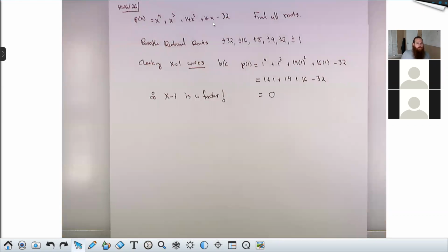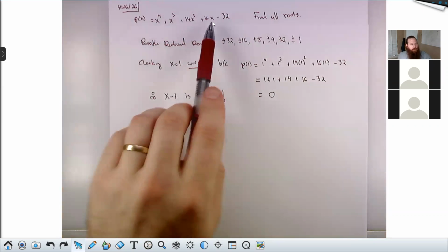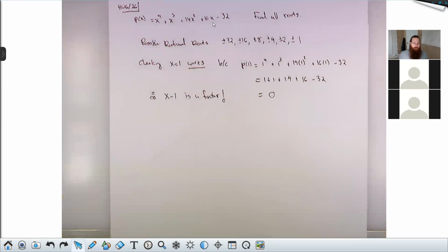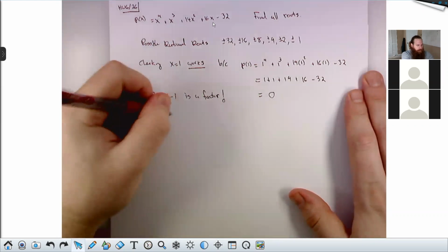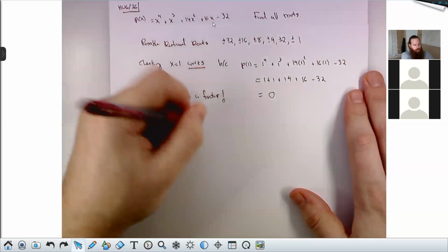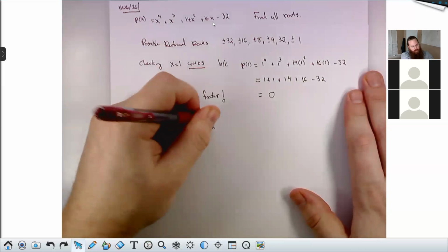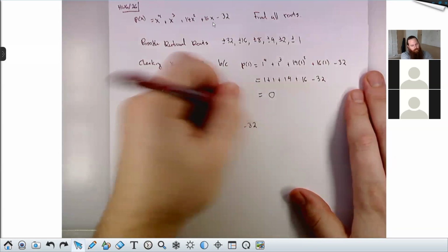And Frankie, in answer to your question, yes, I don't recommend using division to check x equals 1. It's a waste of time because you can always check x equals 1 easily. When you plug in 1, you're just adding up the coefficients. But you will still need to divide to get the quotient. So if I take my polynomial, x to the 4 plus x cubed plus 14x squared plus 16x minus 32,